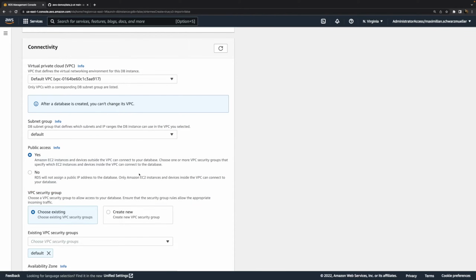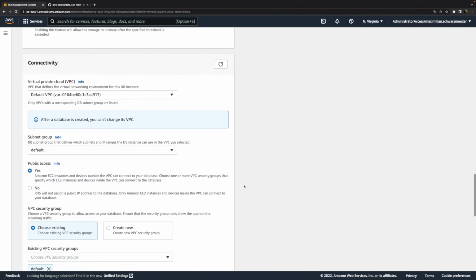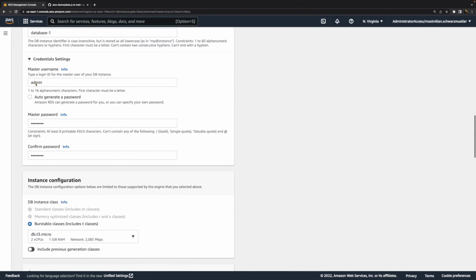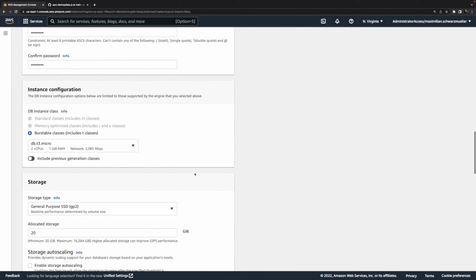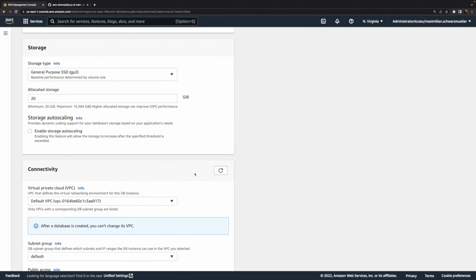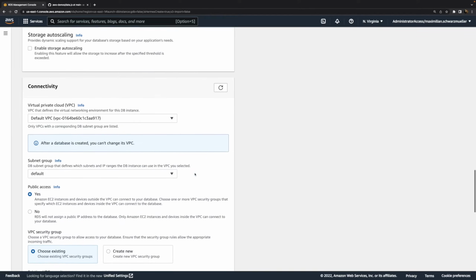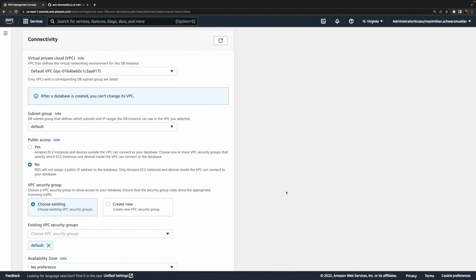If you do enable it, then this database can be reached from anywhere on the internet. You still need those credentials, of course, which we set up here, but anyone can try to connect to that database. It's not entirely correct because you can also add a security group which blocks some traffic, but generally there is internet connectivity. If you disable this, then you have no public IP and therefore there's no real way of reaching that instance. And it would also be a good idea to launch that instance into a private subnet.